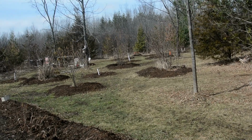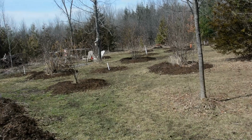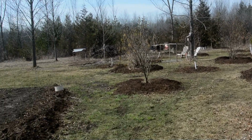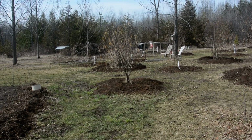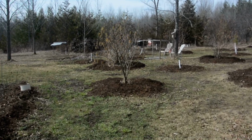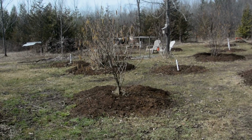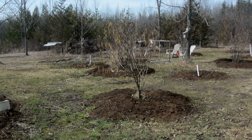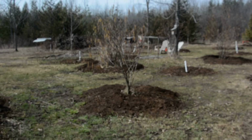Here we are cruising up past the garden into my hazel grove. I planted the first ones in 2013. It's now 2021, and they have had nuts periodically, every so often, but not lots. Now this year, right now it's March the 24th, and they're in full bloom